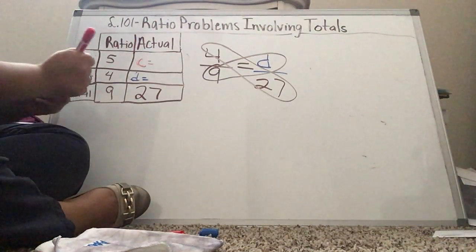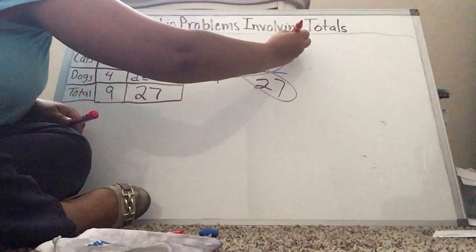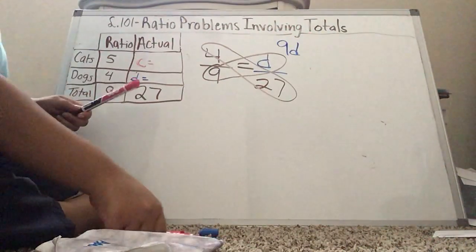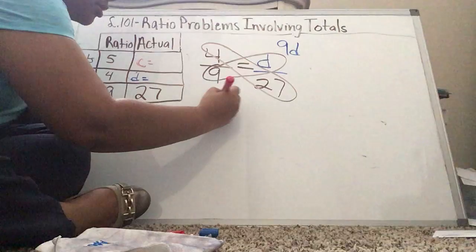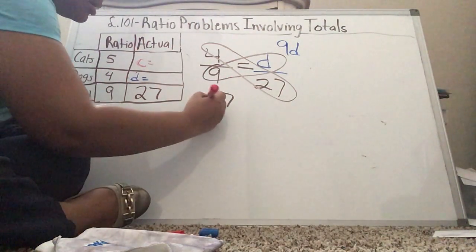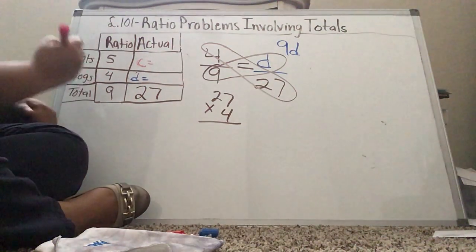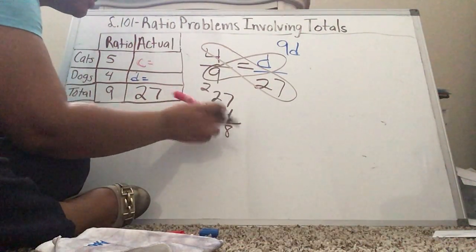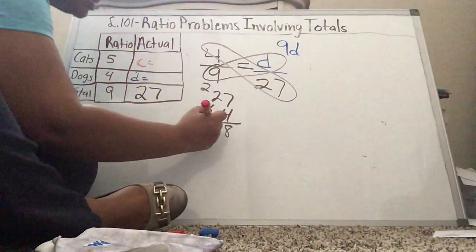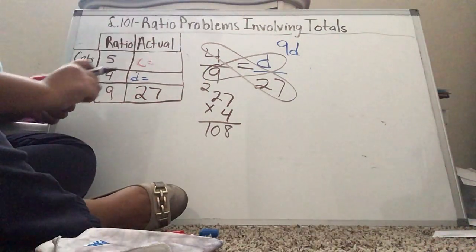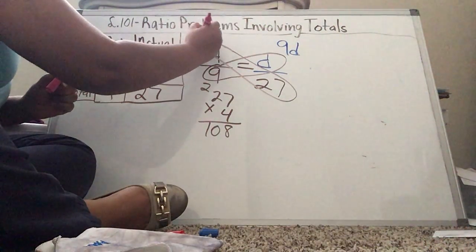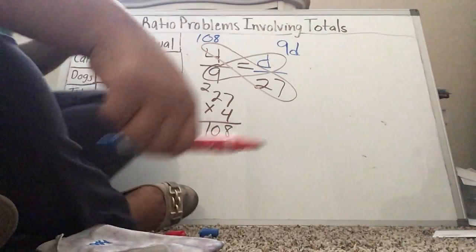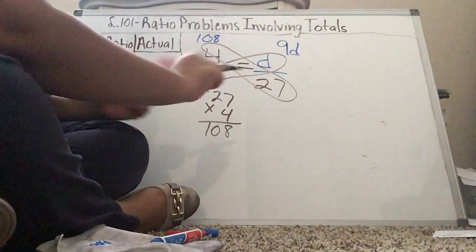So we have 9 times D, which is 9D. And then we have 4 times 27. Don't know off the top of my head, so let's just do our work on the side down low. 7 times 4 is 28. Carry the 2. 2 times 4 is 8. 8 plus 2 is 10. So that's 108. So now our proportion simplifies down to